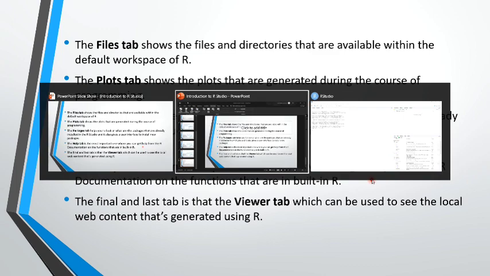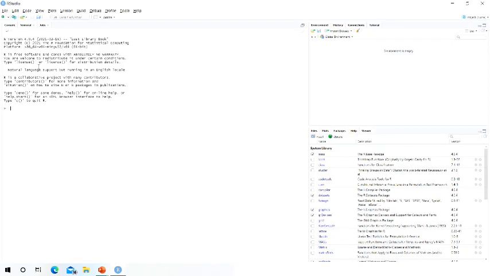Let's work in RStudio. If you install it, you are able to see this interface. Here I am able to see the console, the environment and history, and the files, plots, packages, help, and viewer. As I said, here we are able to work with all the commands. Just I will give 1 plus 2. What's the result here? 3, right? So I am entering 3.